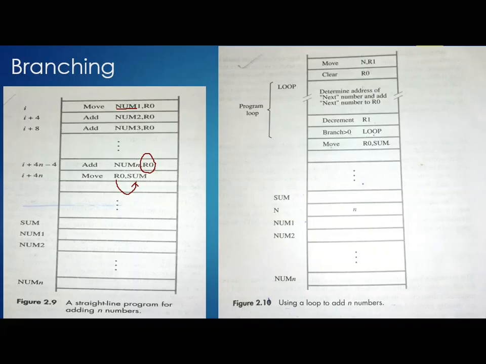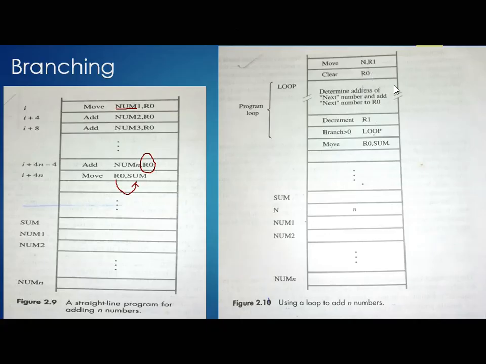Then whatever value R0 is already having should be cleared to 0, or we also call it reset. Clear R0 means reset the value of R0. In the previous instruction, R0 may be having some value, and that should be cleared to 0, exactly. You may ask why we did not do this in the previous program. See, move num1 comma R0: we are overwriting the value of R0 with the num1 value. But here we are not doing that, because of that we are using clear R0. So the value of R0 should be set to 0.